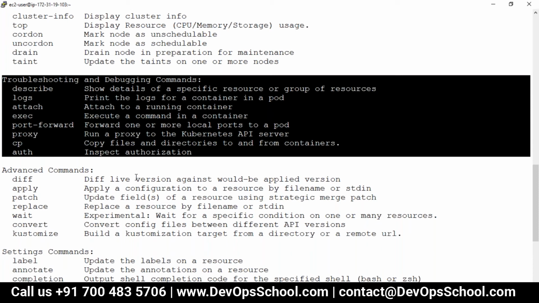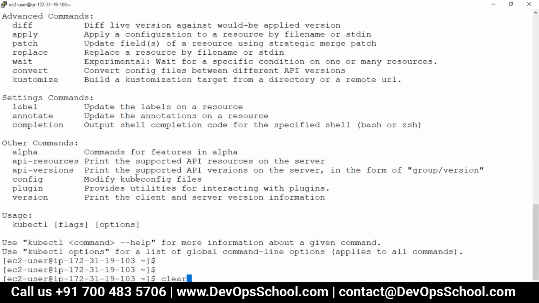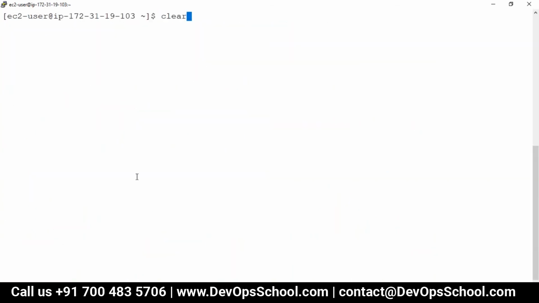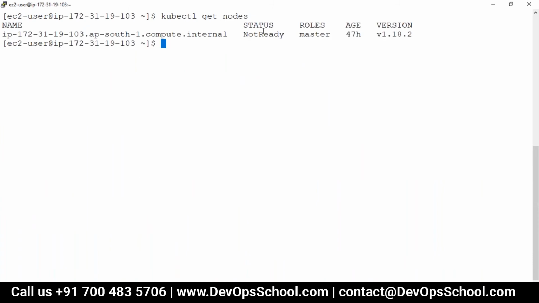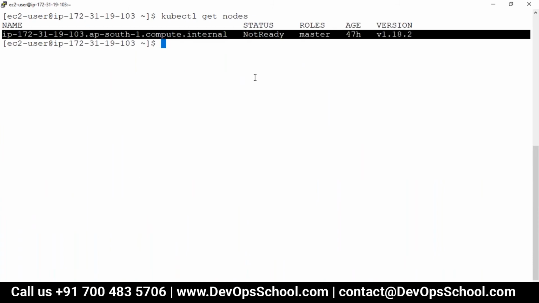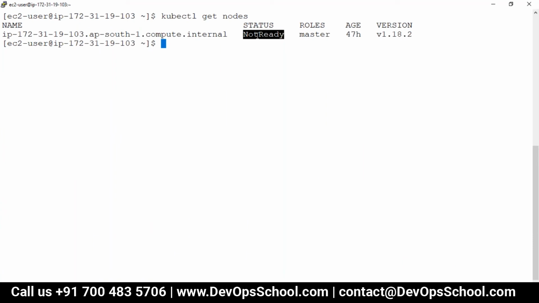If something is not running, you should try the troubleshooting and debugging commands: describe, logs, attach, exec, port-forward, proxy, cp, auth. So many commands you have right now, but I'm not complicating your understanding to begin with. My node is not ready. Why it is not ready, I know that, but you don't know that.